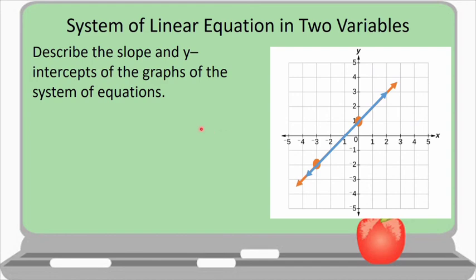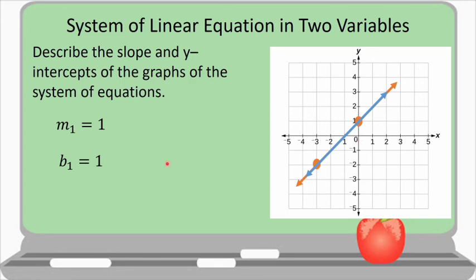Now let us have the next example. We are given a graph colored blue and one colored orange, which means that the graphs are coinciding. For the slope of the first graph, the blue one, from this point up to this point, we have 1, 2, 3, positive 3 because it is upward, over 1, 2, 3, positive 3 because it is to the right. So it is equal to 1. And the y-intercept is equal to 1 because it passes through the point (0, 1) on the y-axis.